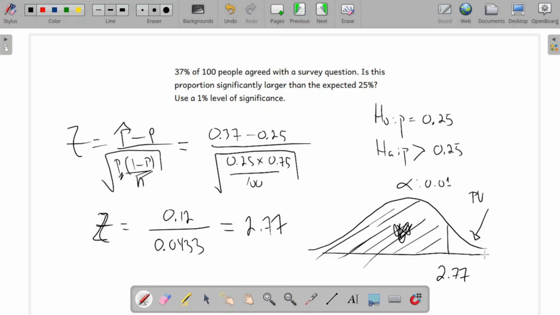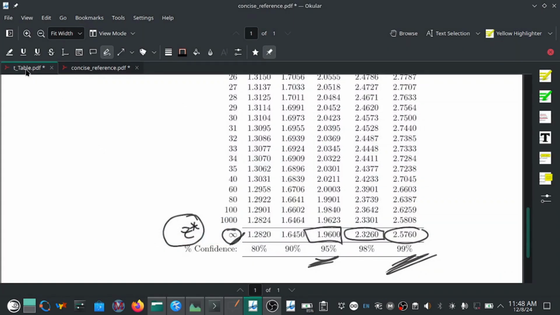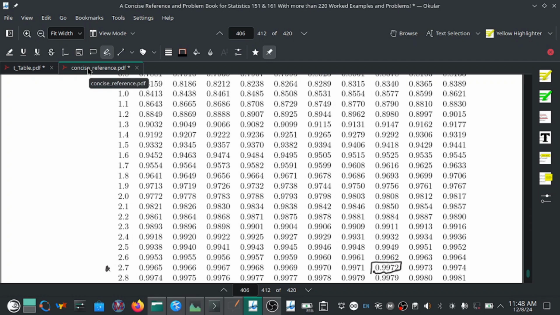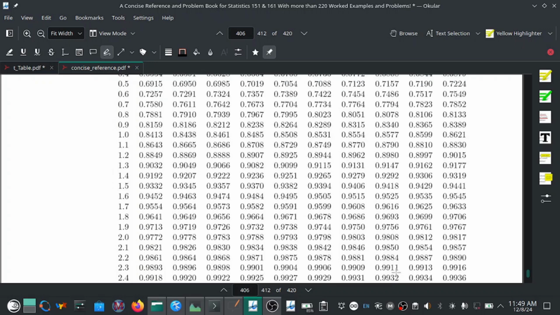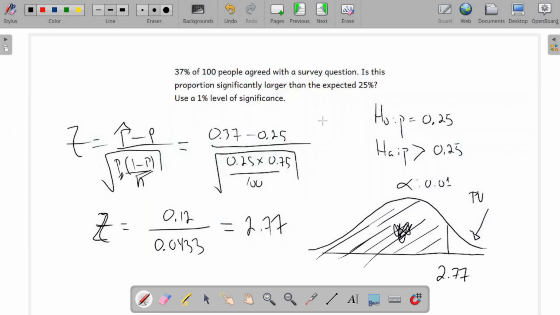So let's go take a look at a Z table and see what we find. So that's the T table. We'll flip over here to the Z table. So here's positive 2.7, and if we count across, this is 277, so we get 99.72. Were I to look at the negative value, you will find here is negative 2.7, and over here in the 7th column is 0.0028. If you add those two numbers together, they make 100%. Which they should, and that is our p-value,